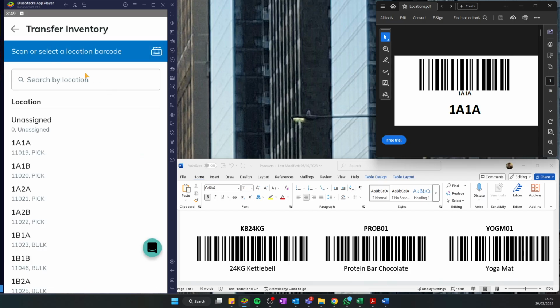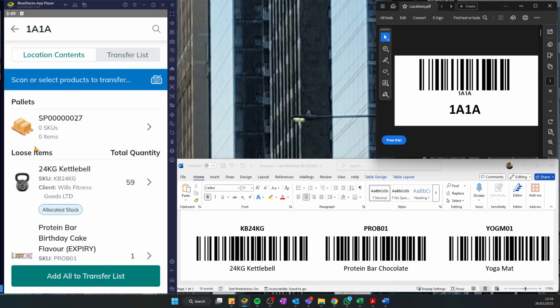If we click on here, first we need to scan a location that we're transferring stock away from. In this example, I can just tap the location on screen. The way that it works on this version of the mobile app is that you can scan items and add them to a transfer list to allow you to take more than one item. For example, I'm going to scan a kettlebell,